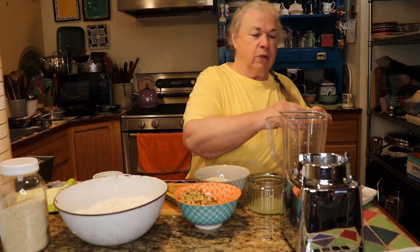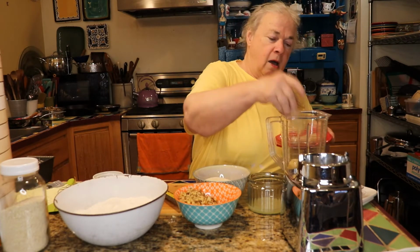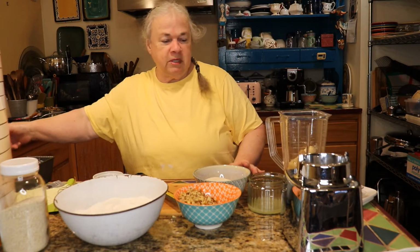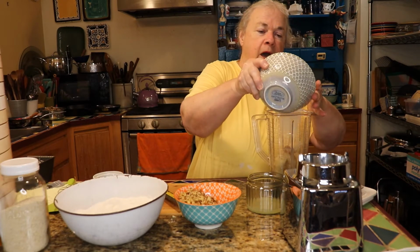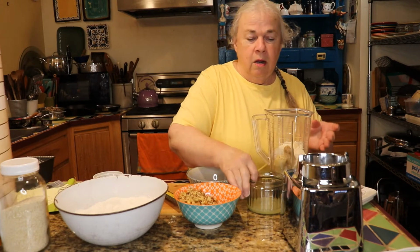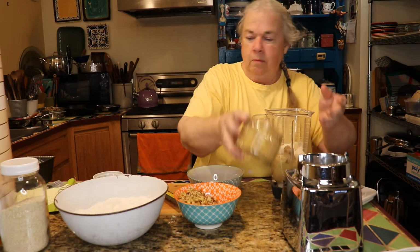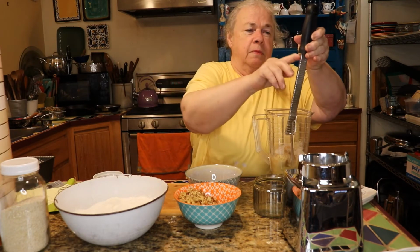So anyway, I'm going to put in 2 really ripe bananas. You can use 2 or 3. If you're using 2, they should be large bananas. If you're using 3, they should be small bananas. You're going to add to the bananas a cup of sugar, and I have organic sugar from Costco, the juice of 1 lemon, the zest of that lemon,